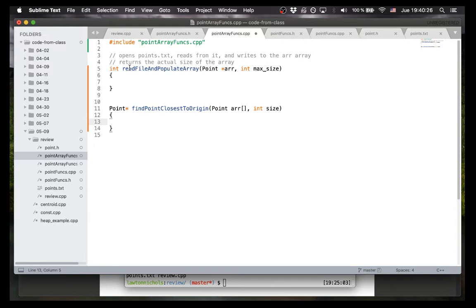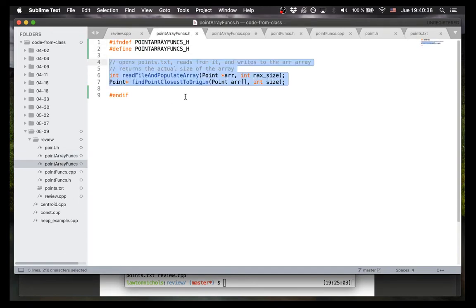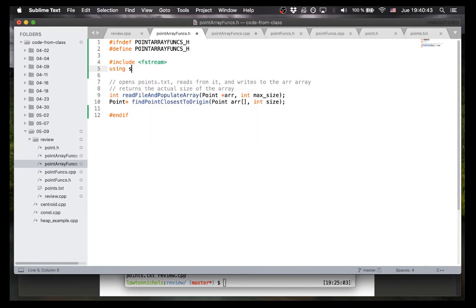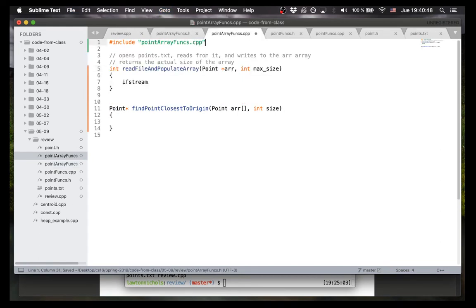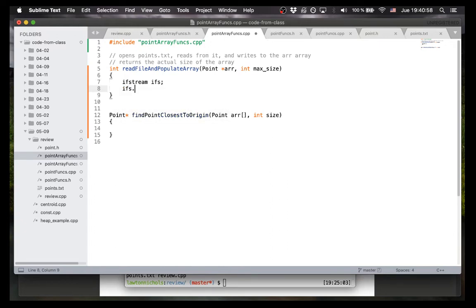Read file and populate array. So this is going to open points.txt. We're going to read a file, so we're going to use an ifstream. Because of that, we're going to include, or actually we can do it in pointarrayfuncs.h, include fstream and also using namespace std. Now we have access to fstreams, which will give us access to ifstream. So ifstream ifs is the common thing to say. ifs.open, the name of the file is going to be